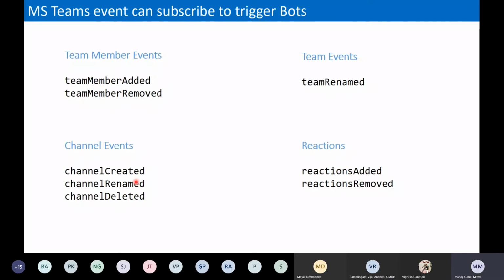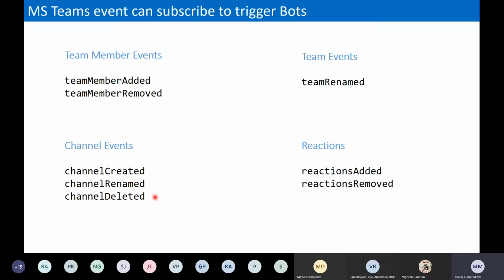And these are a few events. I didn't note them all here, just going to talk about the important ones we basically use. So here we have events. This is the Teams member event: when team members are added or removed, we can trigger. Similarly, the team events: when any team is renamed, the bot can also invoke those events. Channels related: when a channel is created, it will prompt that a new channel has been created, and if any proactive message needs to fire, we can do that.